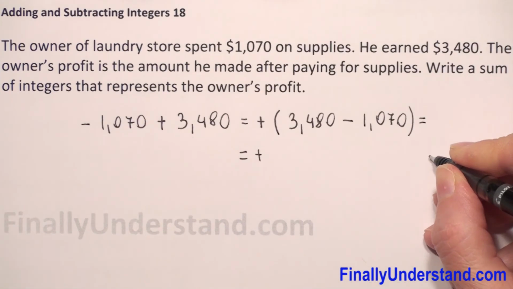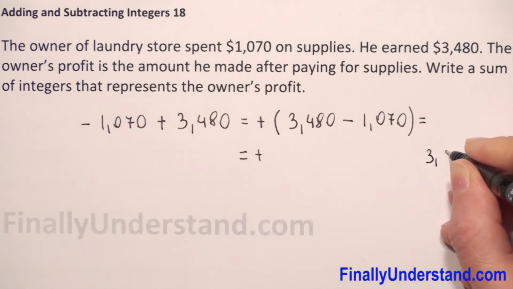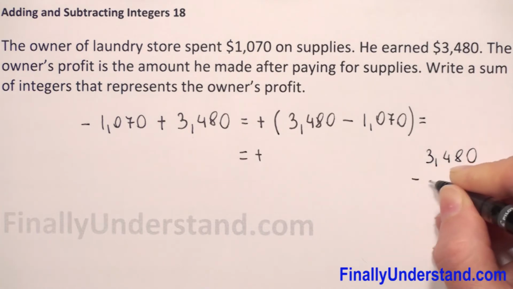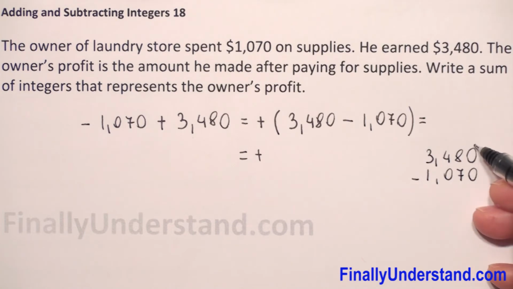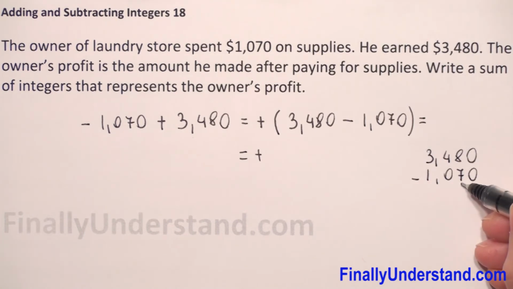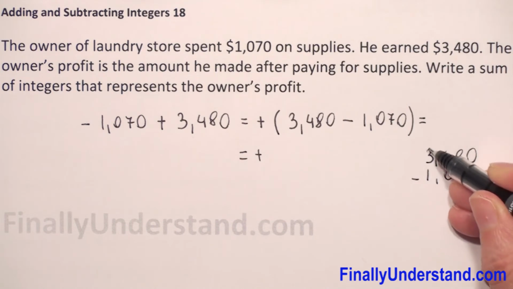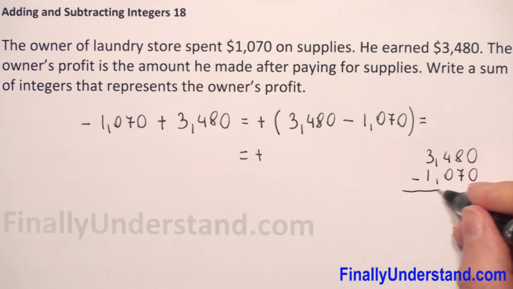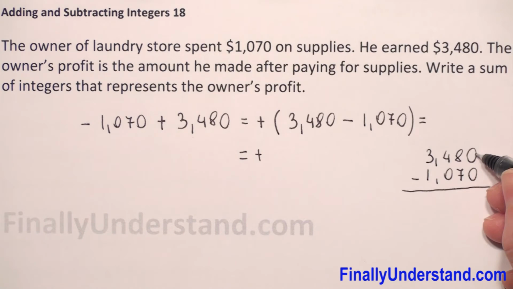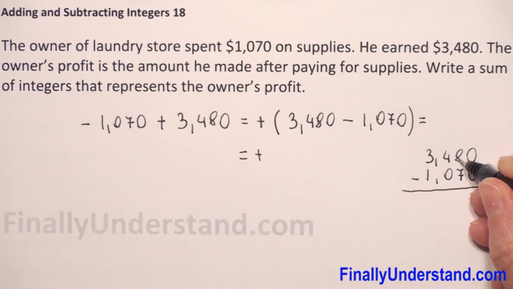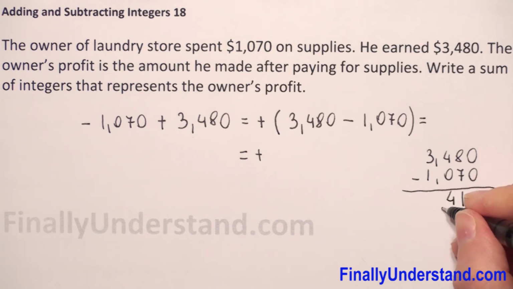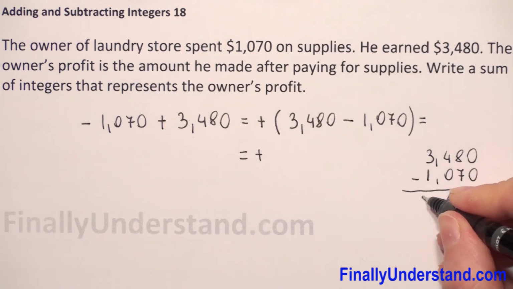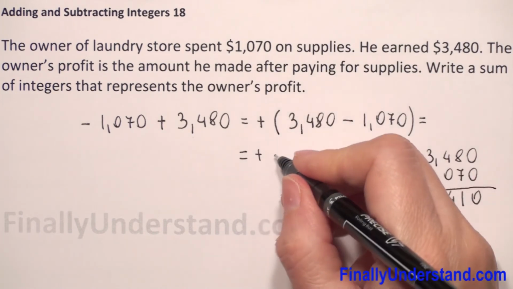Let me do this subtraction. We have 3,480 minus 1,070. We have to keep ones in one column, tens in the same column, hundreds in the same column, and thousands in the same column. And now we start from the last column. 0 minus 0 is 0, 8 minus 7 is 1, 4 minus 0 is 4, copy, 3 minus 1 is 2. So the answer is